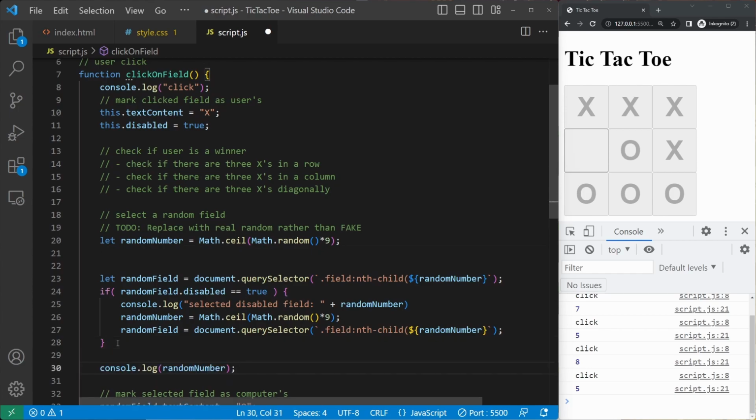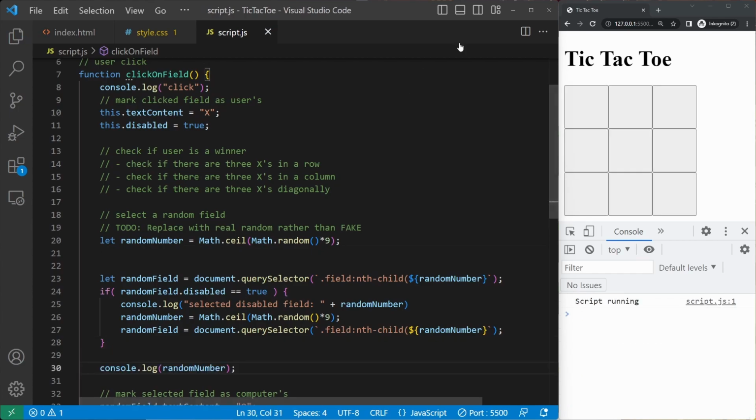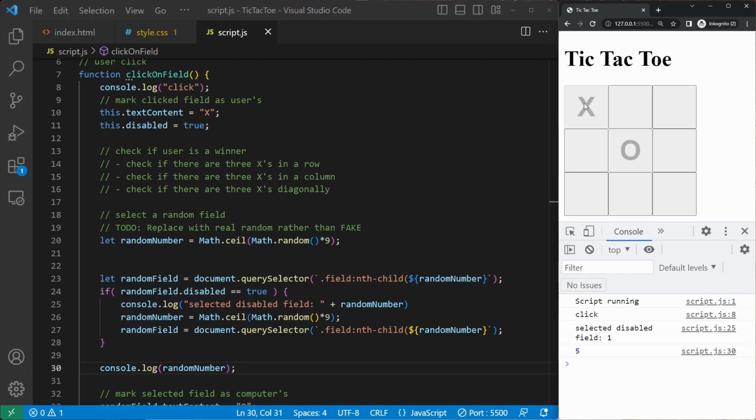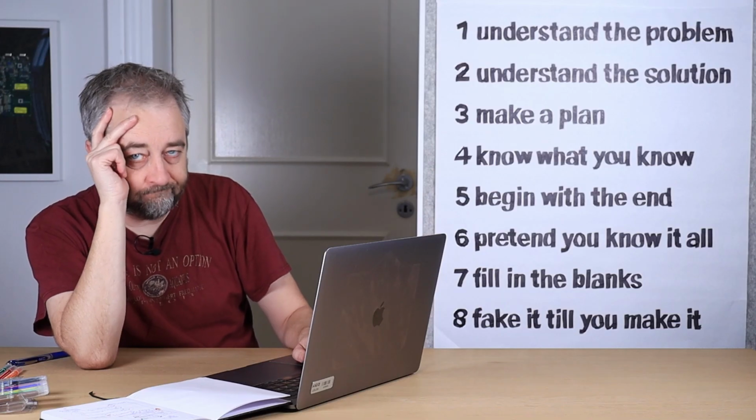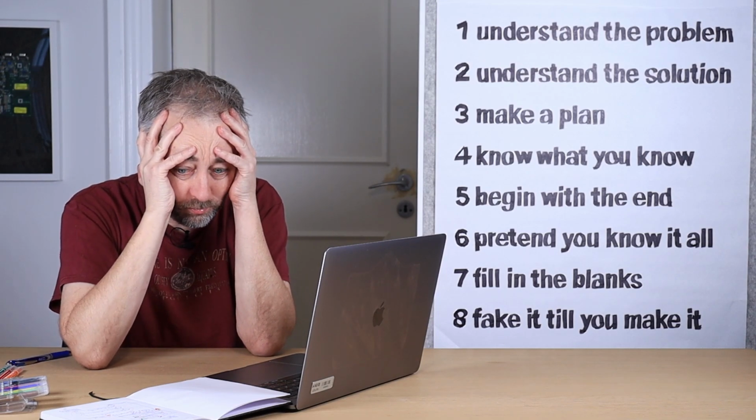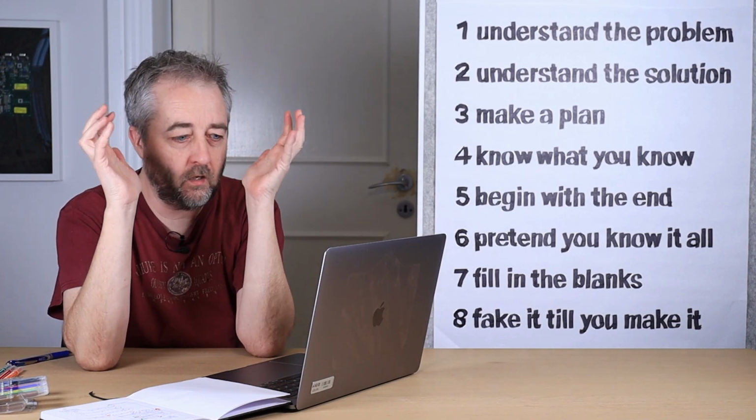This process is really not impressing me actually. So let me try again. Selected. Okay, so it selected number 1. So it tries again with number 5. Excellent. And then it selected number 1 again, and then selected number 5 again. It's harder than I thought.